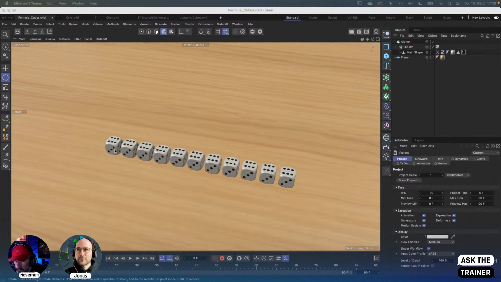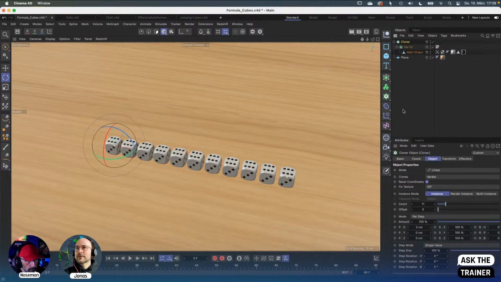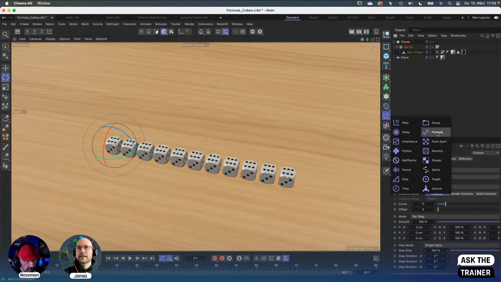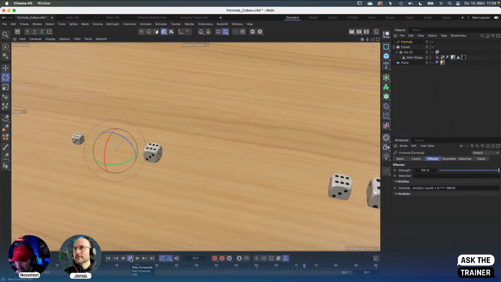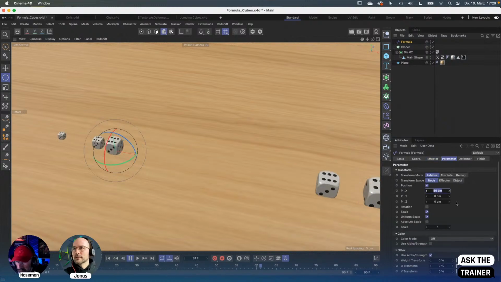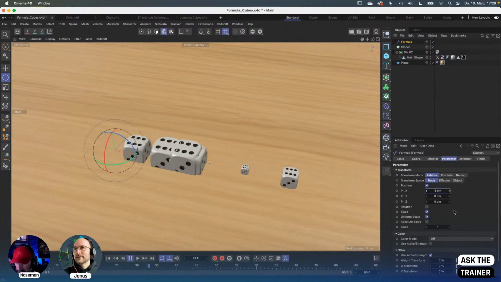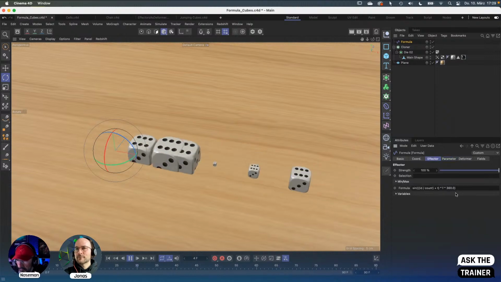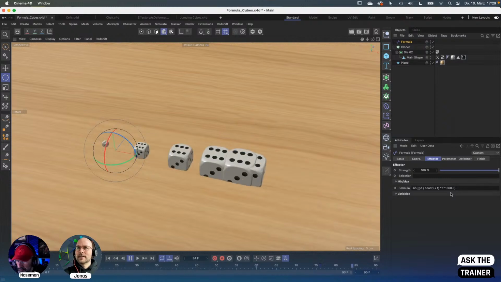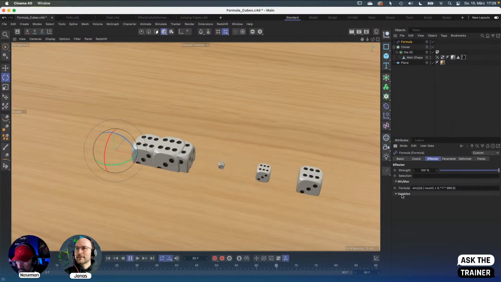There are a few things about the formula effector that are quite interesting to know. First of all, as Thanasis already showed, let me just create one of these. So here we go. That's the formula effector, and by default, it's doing some crazy stuff. Everything is a little bit small here. So let me go down here, and the default formula here is pretty intimidating. So as Thanasis also showed already, we have some